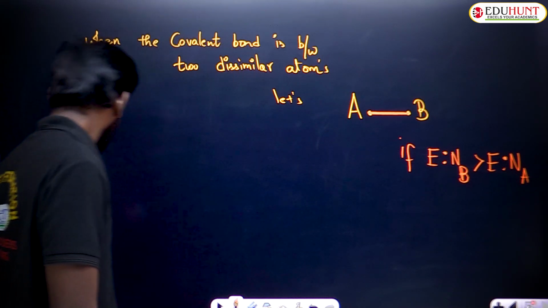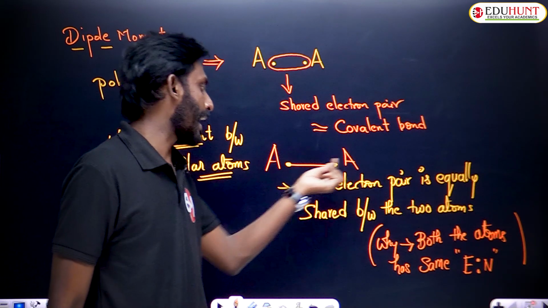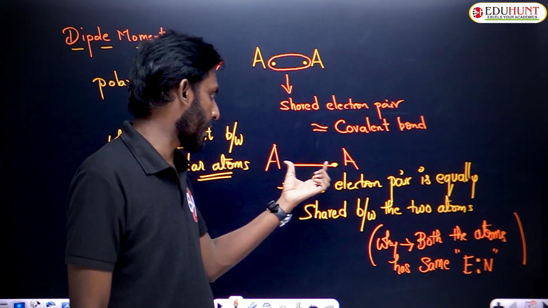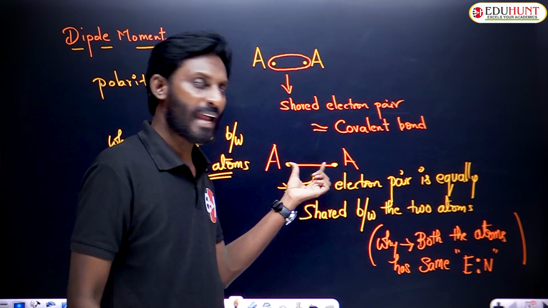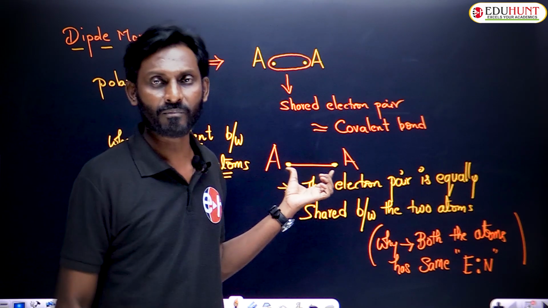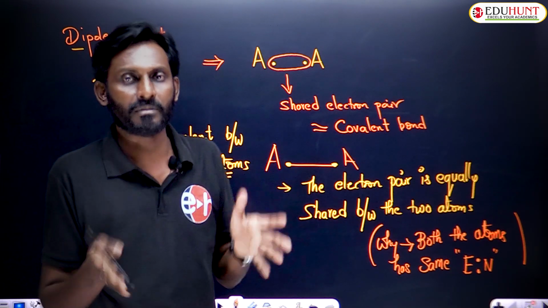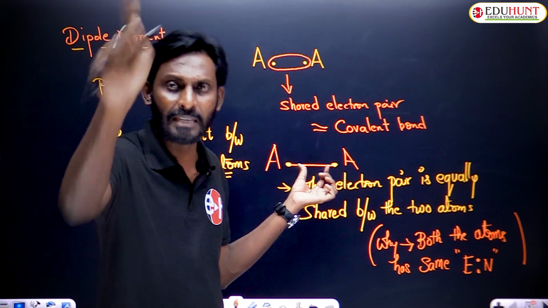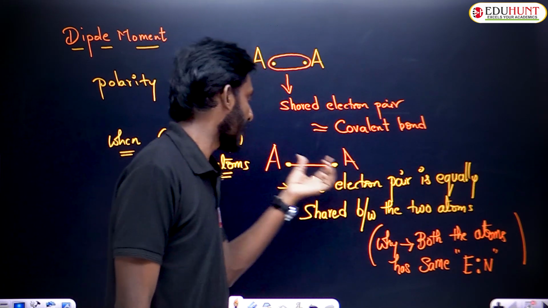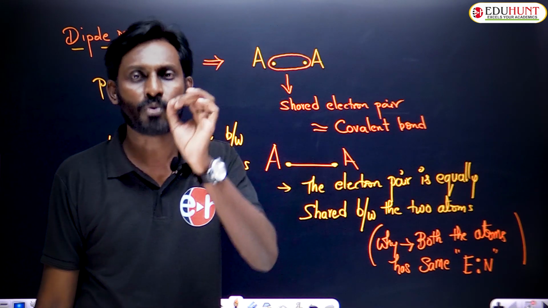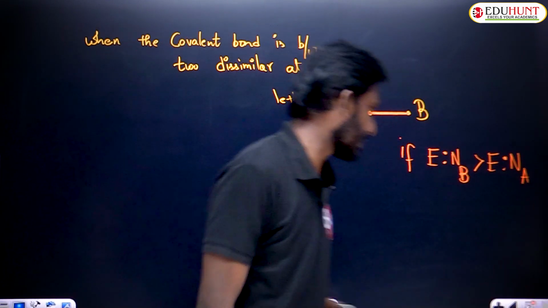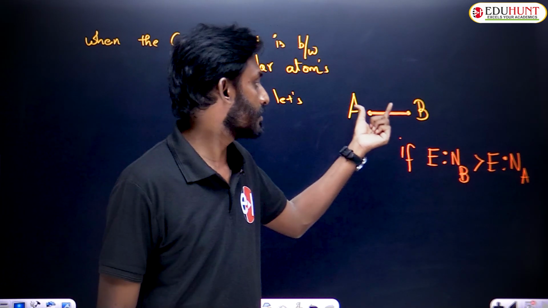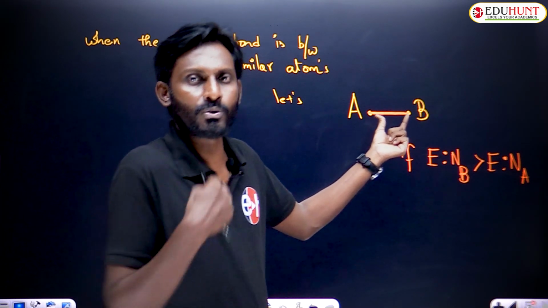In the previous example, both atoms are having the same power to pull the electron pair towards itself. That's why this pair is at the middle position and shared by both the atoms equally. No one is getting the electron pair more or less. Both are getting this electron pair equally. That means from this electron pair you can imagine 50% belongs to that one and 50% belongs to this one, if it is a covalent bond. Now the situation is a bit different. Of course the electron pair is in sharing, but this shared pair is a little bit more towards B